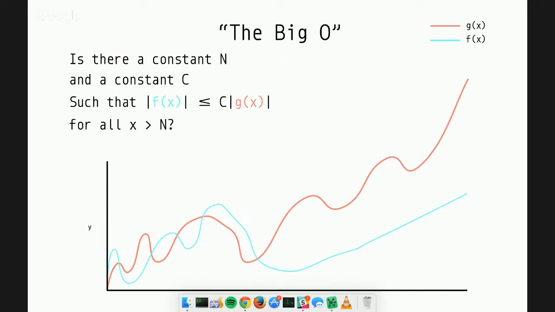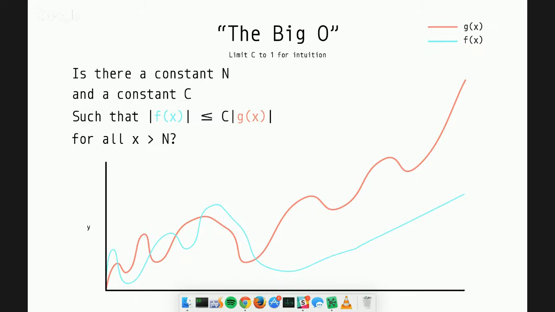So what does this mean really? Let's say we have two functions. We have g of x here, and we have f of x here. And these are just graphs of how the function grows. These are the functions graphed on a graph, and they're color-coded so that we can talk about them. I've color-coded them in the definition here, and there's a legend.